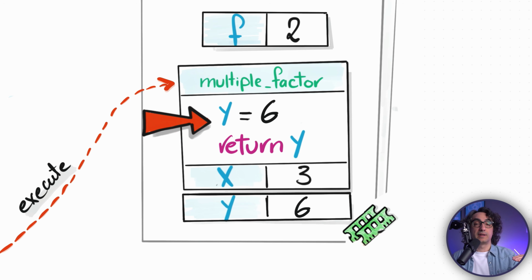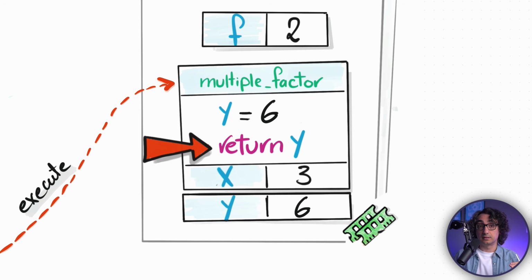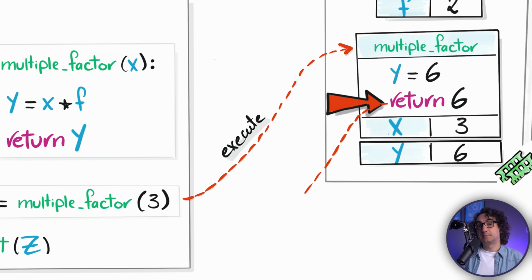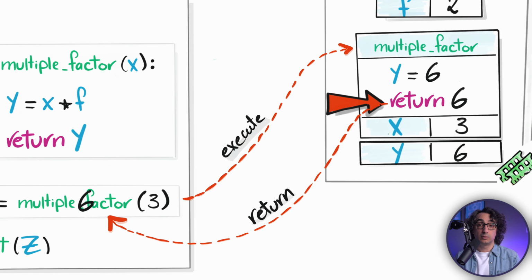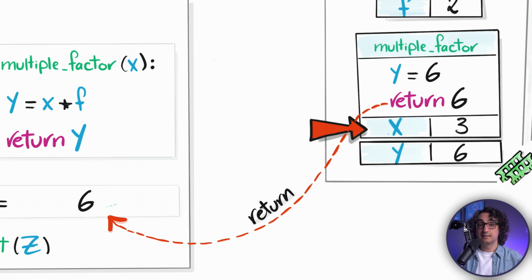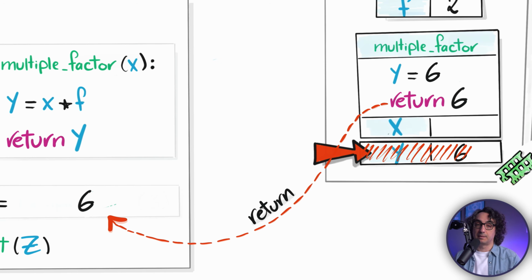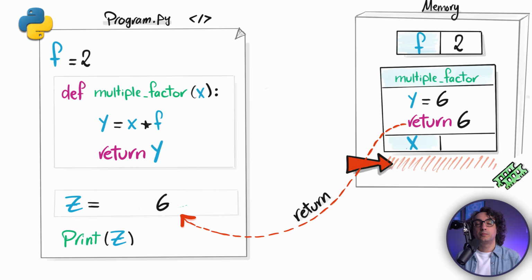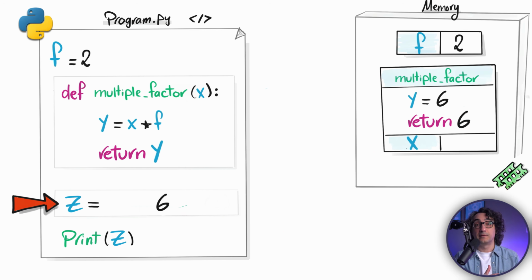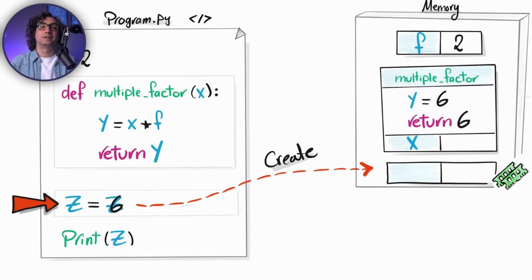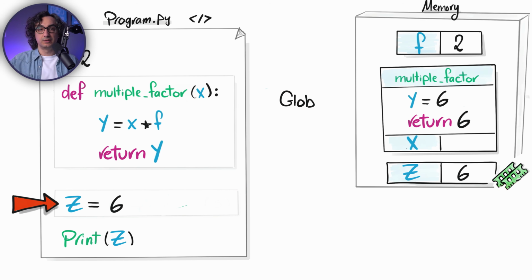Then Python is gonna go to the next line, and here it's gonna see a return. And after that we have the variable. So now Python is gonna grab the value of the local variable y, so the 6, and then it's gonna send it back. It's gonna return it to the caller, so that we have z equal to 6. But of course before doing anything else, it's gonna clean up. It's gonna destroy the local variable and the parameter. Now we have everything, and with that Python is gonna create the global variable z and assign it the value 6. And now we can reuse it as we want.